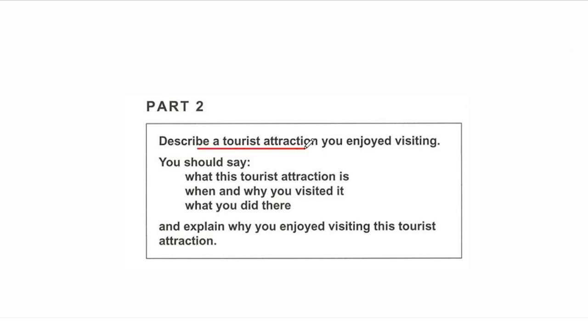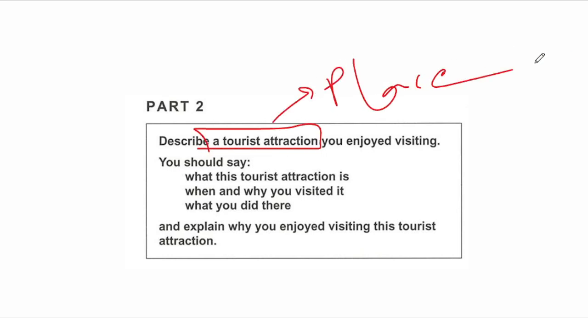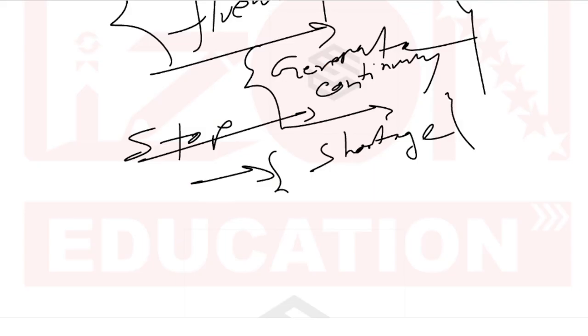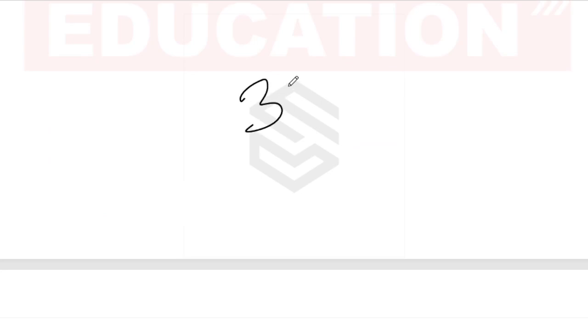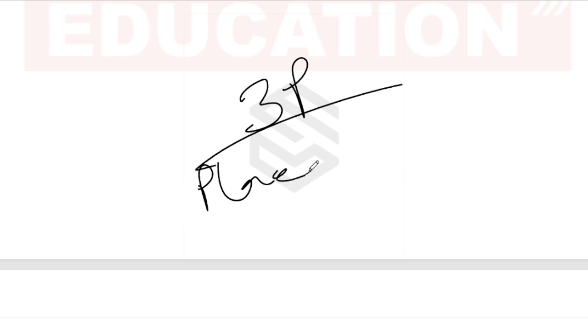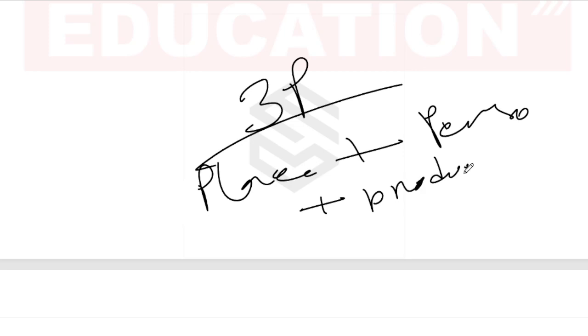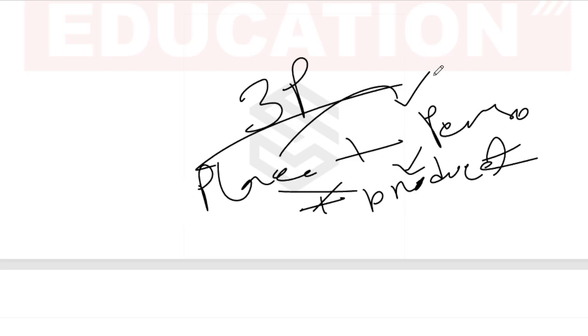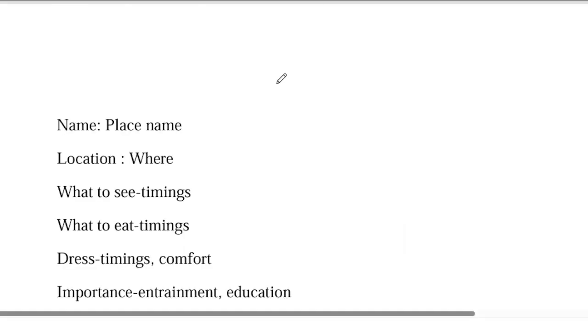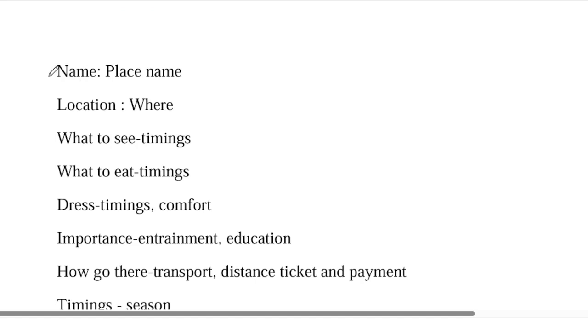And then: describe a tourist attraction, again, place, right? So you can see in 95% of cases or more, you'll always need to talk about 3P. Either you talk about a place, or a person, or a product. Sometimes you just mix it up: place plus product, or person plus product, or place plus person. That's what you need to do. Now we're going to learn some ideas so that you will never have a problem talking about a place, person, or product. First, say, if you talk about the place, think about it.